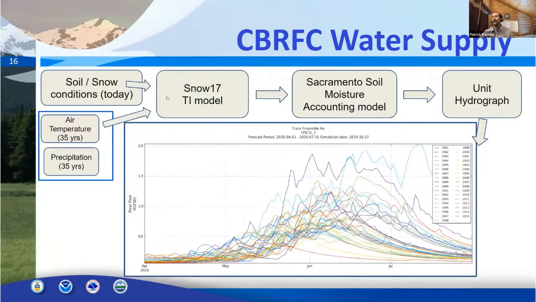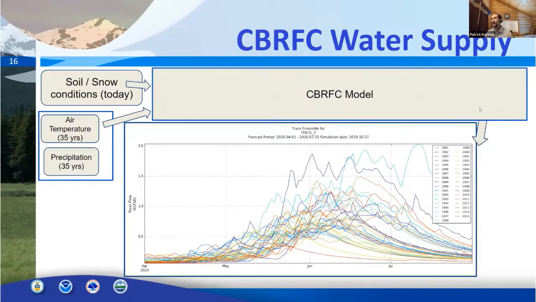So like I just said, we have our SNOW-17 model, which feeds into the Sacramento Soil Moisture Accounting Model. And then we have a unit hydrograph model that takes those different zone outflows and creates a hydrograph with them. But for simplification, we're just going to call that the CBRFC model. So we've got a model here, and we've got model states here, and we've got model forcings here. So essentially how we